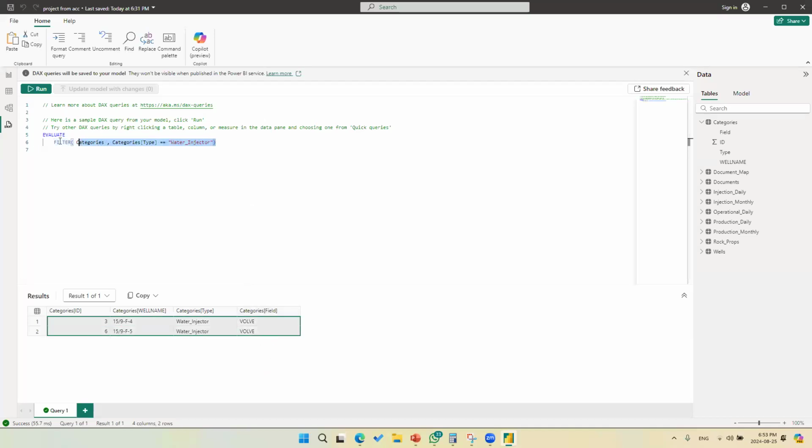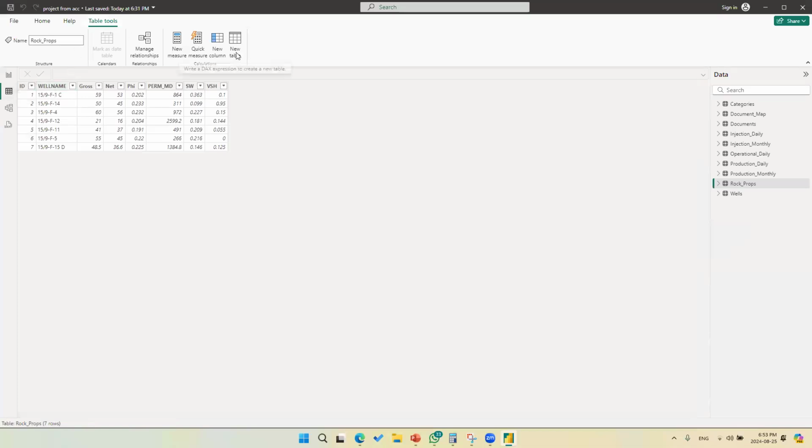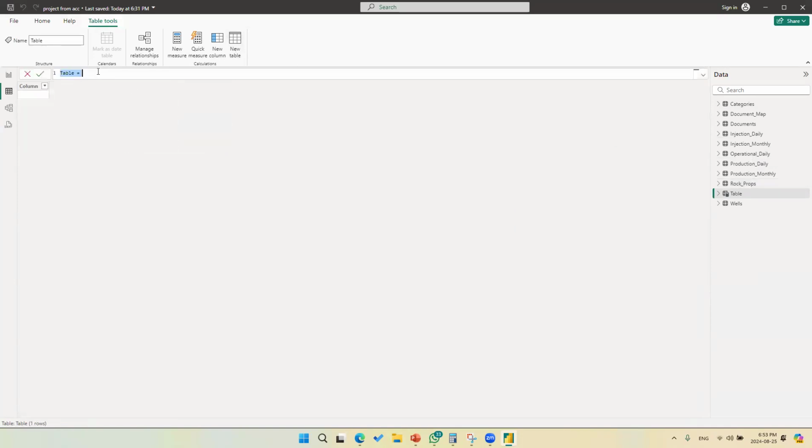So what we can do is take this expression and go to the table view. In the table view, we're going to create a new table. Or, selecting any table, you can just right click and then create a new table. But for us, we're going to do that from table tools. Let's click on new table. Of course, you can name this table anything you want. So let's name this only injectors